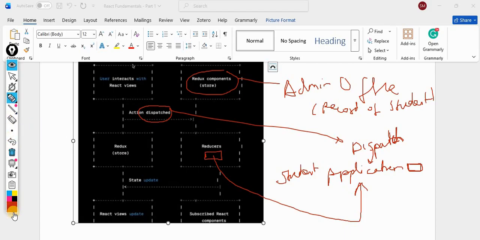Suppose you have written in this application that increase the count by 1 or increase the marks by 1. That information will go to a reducer and the reducer has to do the task.